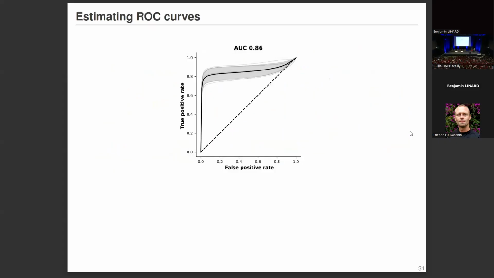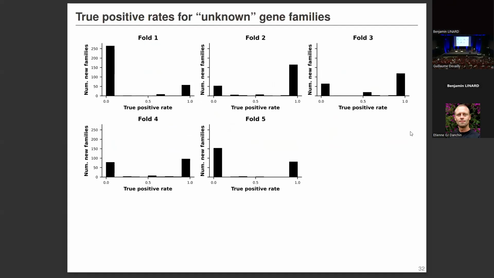When we look at our ROC curves, already it's a bit different. It works very well up to a certain point where we're starting to not learn anything. Using this strategy, it also means that we can see, for unknown gene families, what our true positive rate is. And if we do this on our fivefold, what we can see is that there are gene families that are very well reconstructed, very well found, some that are